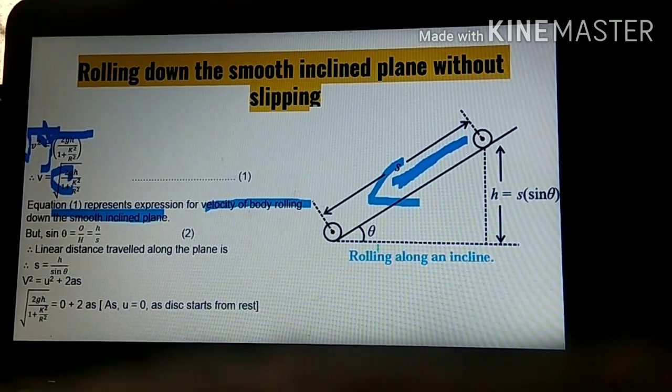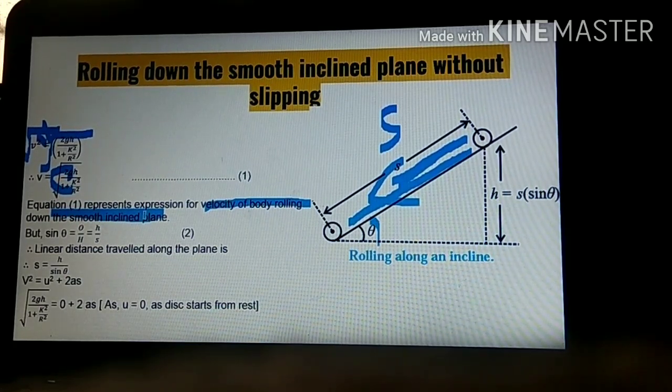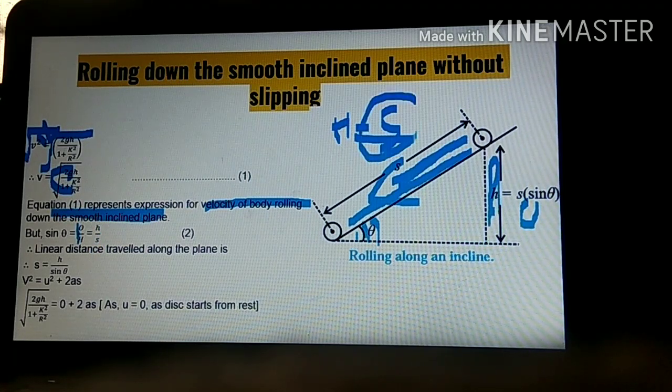Now if we consider this angle, this is a hypotenuse. Hypotenuse side is s. This is the height h, and this is angle theta. Now if we want to find out sin theta, what is sin theta? Opposite upon hypotenuse. Sin theta के opposite वाला कौन सा आता है? This is the height, this is h. So what we can write? h upon s, as s was denoting the hypotenuse. So it is h upon s.